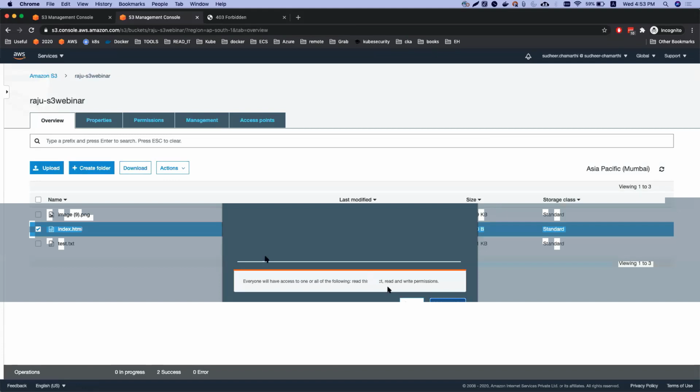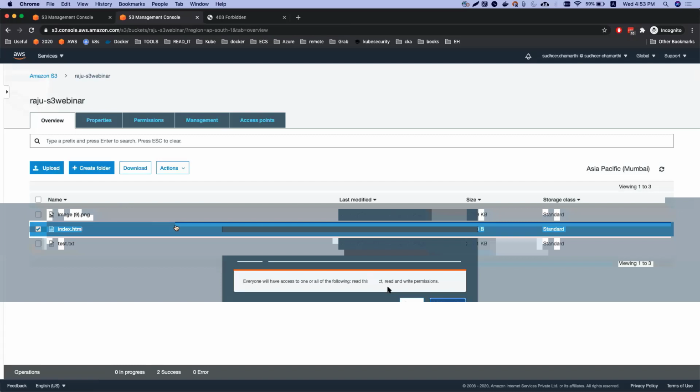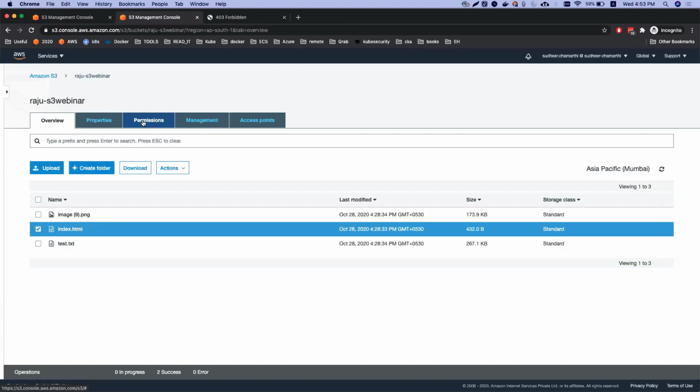So you may get a question: since I have only one file, I went to actions and made that file public. So what if I have thousands of files? We cannot sit and make all these thousands of files public, right? So at that point, we have a concept called AWS S3 bucket policy. Using S3 bucket policy, we can apply rules to make all these files available publicly, or we can deny, or we can restrict to particular IP address ranges, etc. We can do that kind of thing using S3 bucket policy. Since I have only one file, I just simply made that file public.